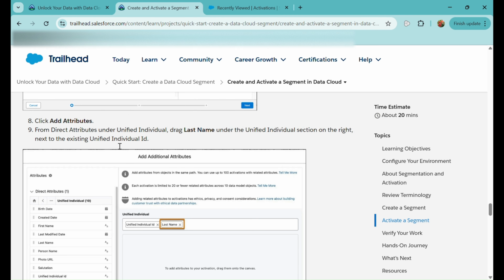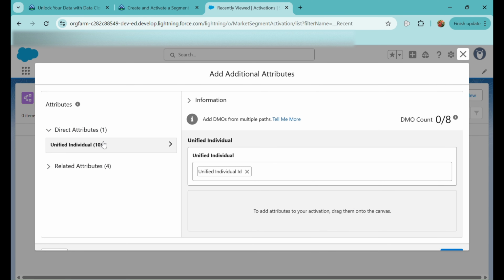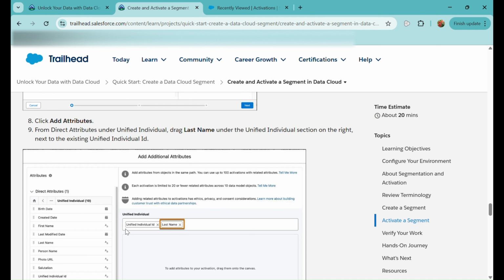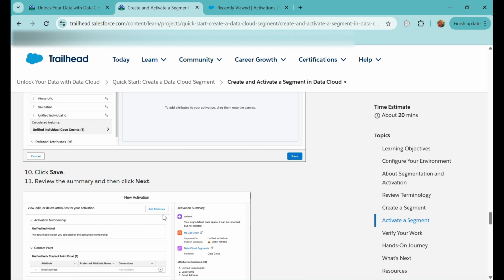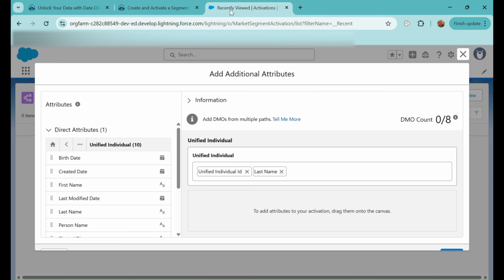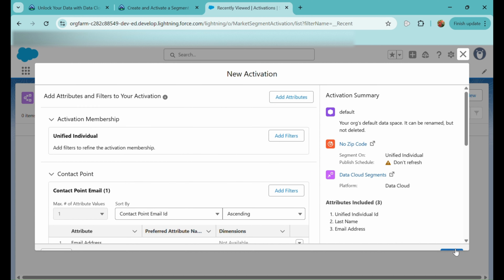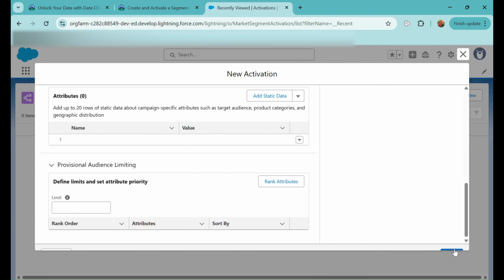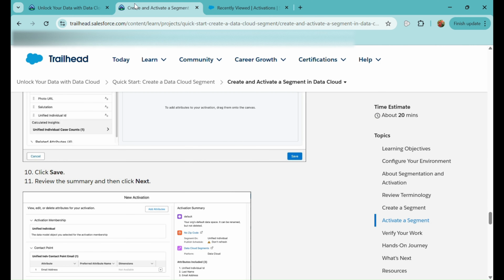Now from the direct attributes we need to select the last name from the unified individual. So here is the unified individual. I'll open this and drag and drop the last name here. It is added over here. Now, yeah, that is correct. Now I need to click on save and click on the next button here as well.